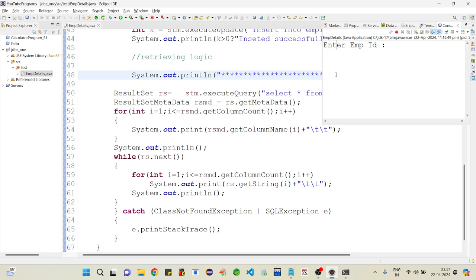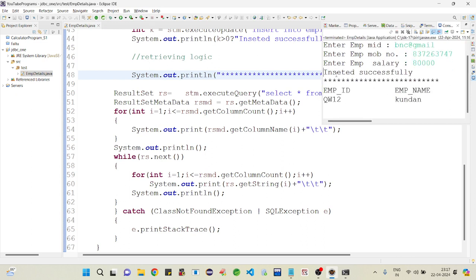I enter employee id QW12, name Kundan, mail id as a Gmail address, mobile number 1234567, salary 123,000.